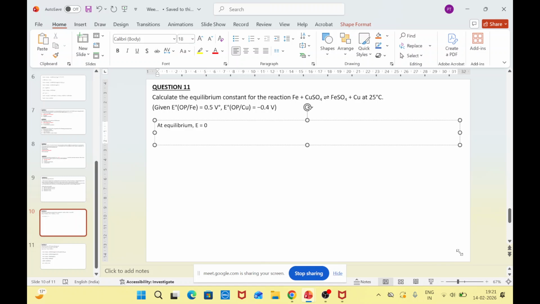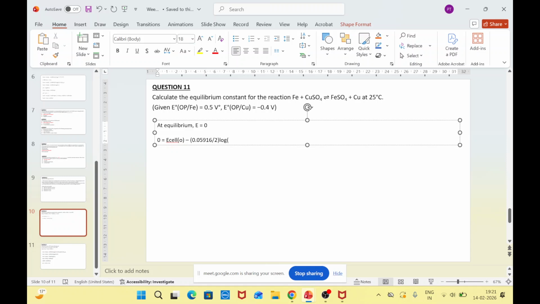So it will be something like this: 0 equals, for the cell I am writing entirely, E naught of cell minus 0.05916, since it's at 25 degrees Celsius, so no need to worry. Here two electrons are participating in this redox reaction. This times log of